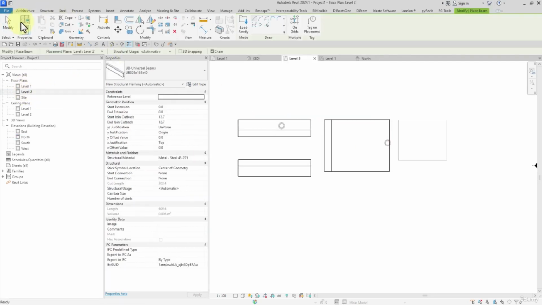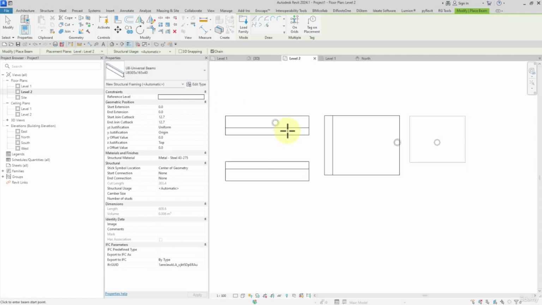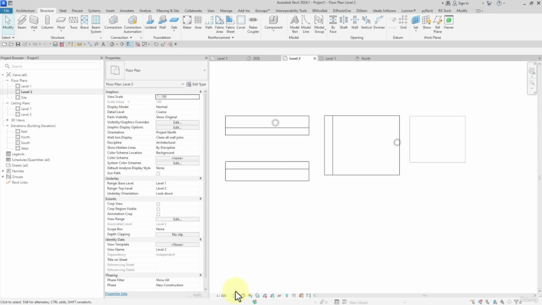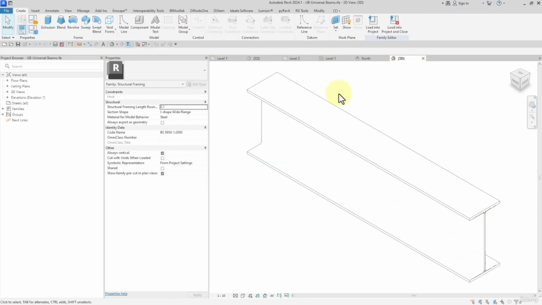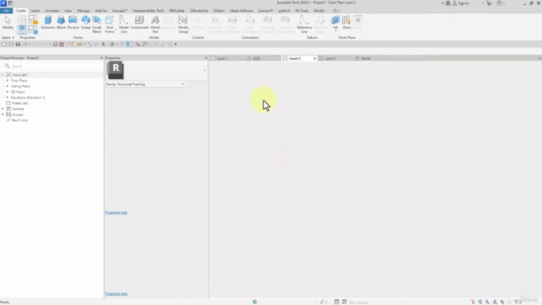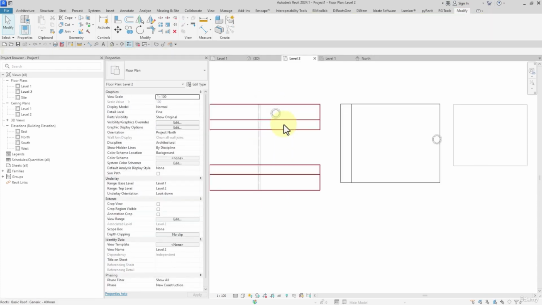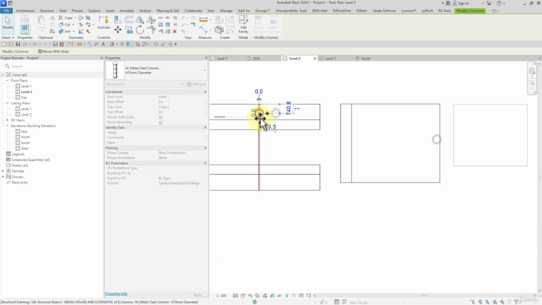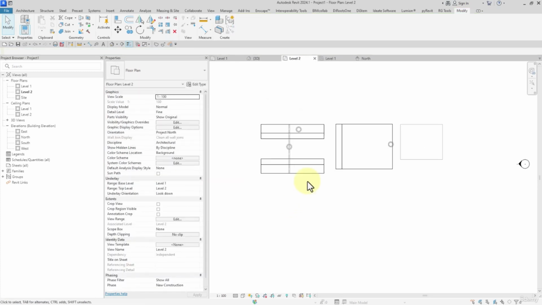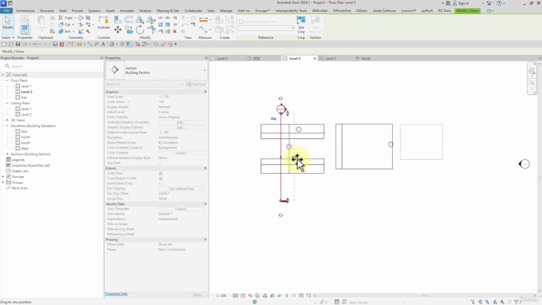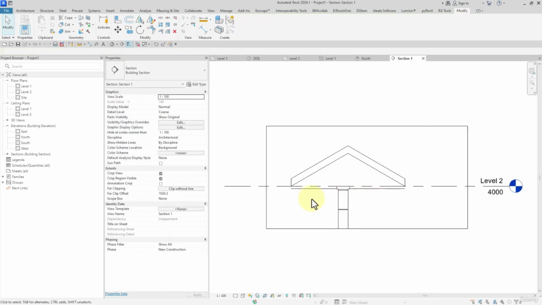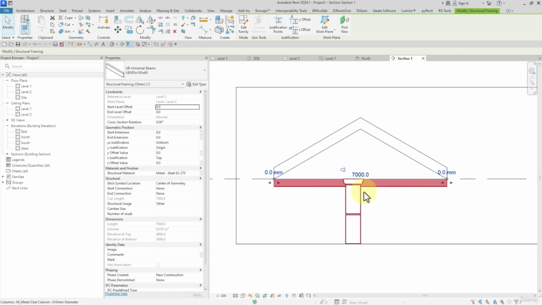Or in level 2, if I add a beam this way, check this out. Very well, then I select this, I want to move it this way, no, again select, and then I move it like this way. I move the column, then I cut it in section view. Here is the result. However, I might